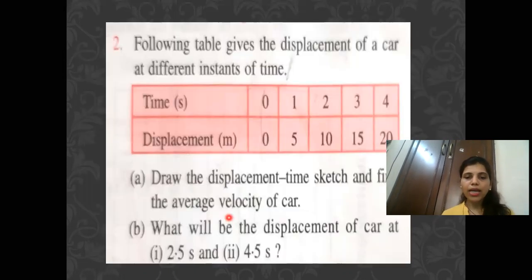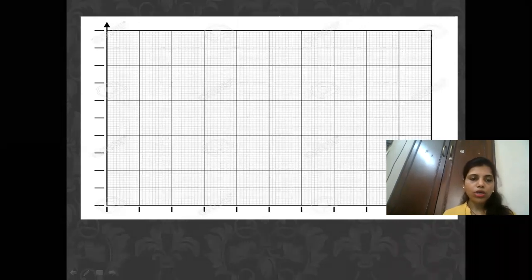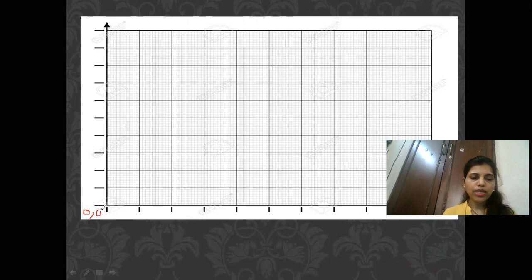Here you can see that it is 0, 0 from where it is starting. So I'm going to write 0, 0 from where it is starting. You also please take the graph paper. You have to initially draw